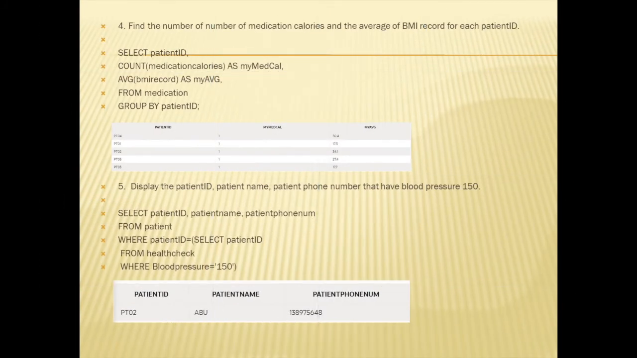Number 4. Find the number of medication calories and the average of BMI record for each patient ID. The command is select patient ID, count(medication calories) as myMedCal, avg(BMI record) as myAVG from medication group